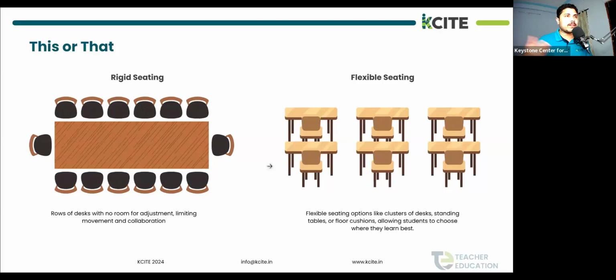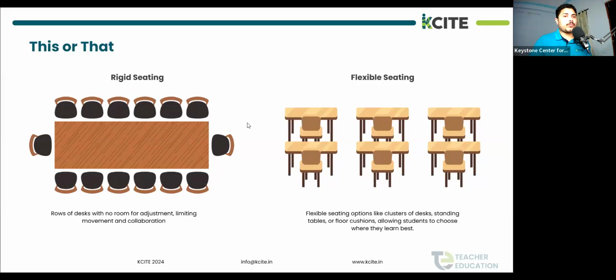Rigid seating looks more like conference room seating. But in the classroom, when you want to conduct activities, if you have this type of desks and seating arrangements, it's easy. Students can move them. You can arrange 5, 6 desks together and make the students sit. Or maybe if there is a big round circular table where 5 students can sit together, that's possible. But there are schools,